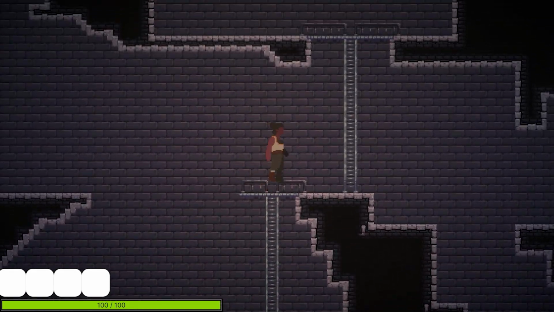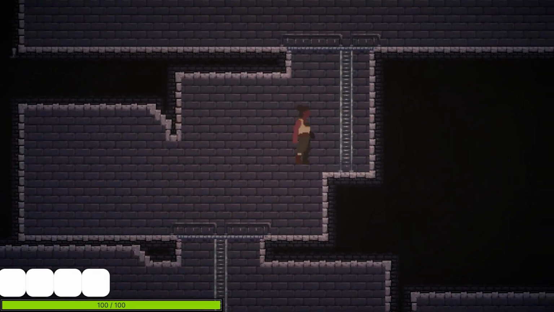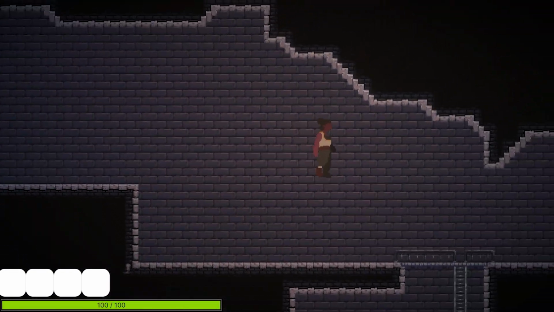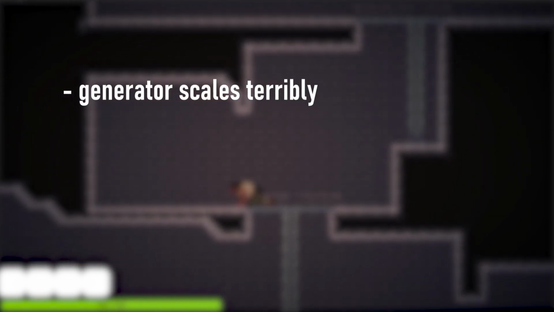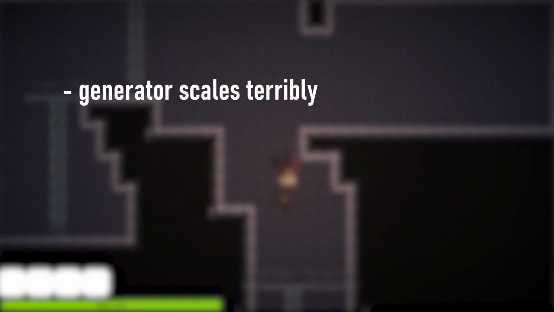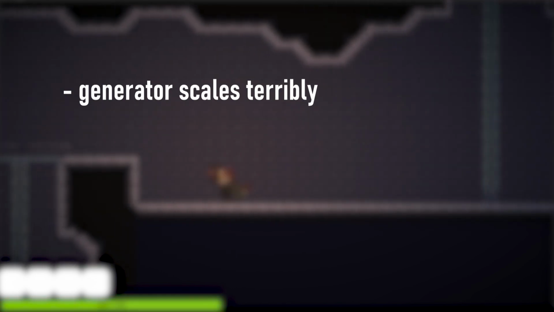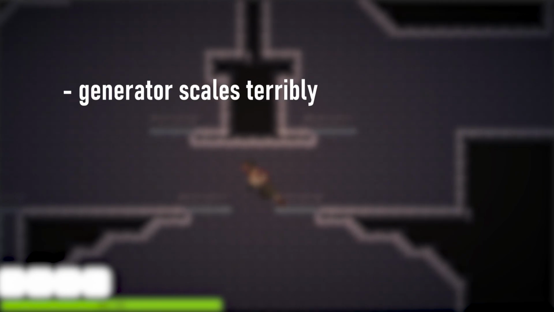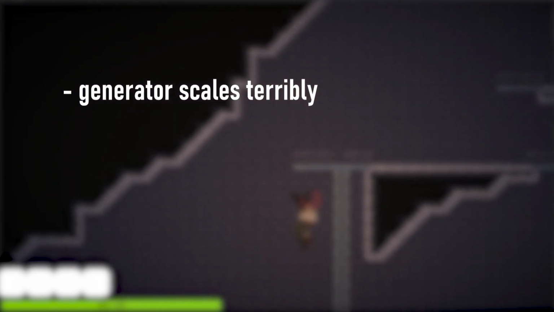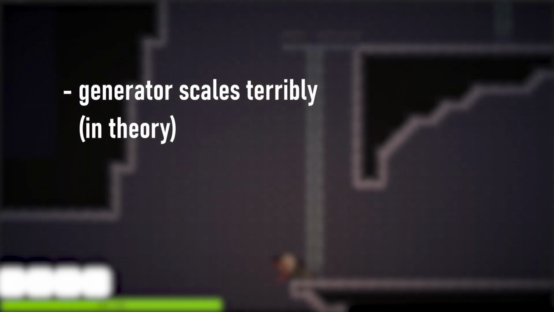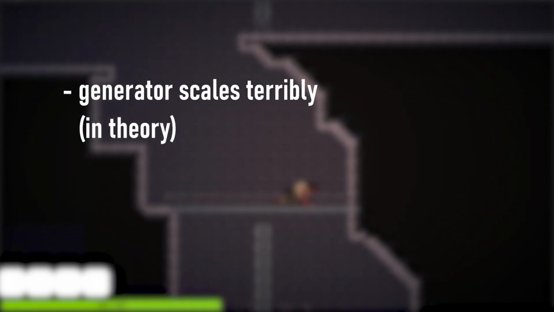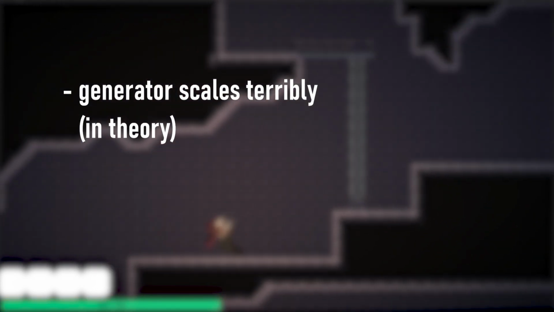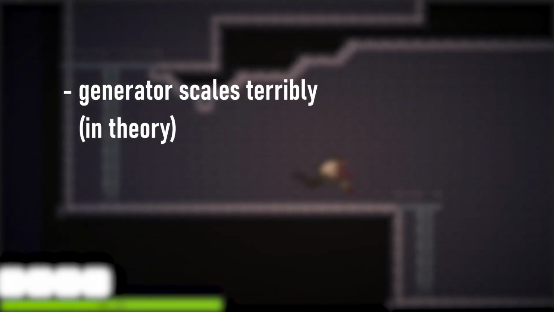Now, there's still a few problems with this approach. With the exponential runtime of the mentioned recursive algorithm, the generator scales terribly. Even though in practice this should rarely ever be a problem, we did a few benchmarks with 400 plus rooms, while a usual level does have at most 100, and it ran smoothly. We should still keep this in mind. There are a few ways to optimize this, for example collision chunking, but that's something for the next video.